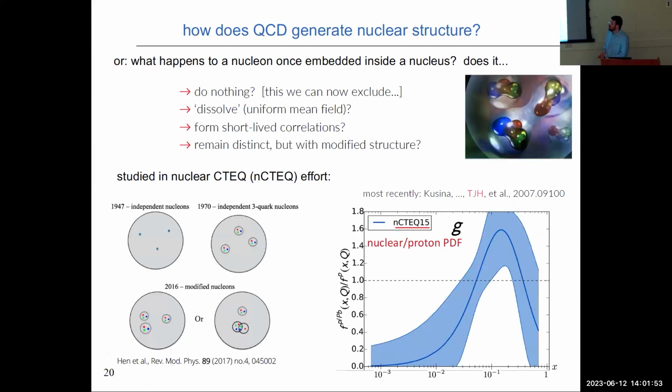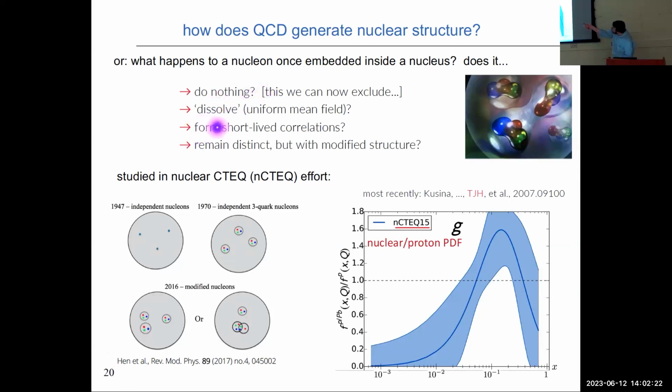And then lastly, you can, of course, think about the partonic structure, not of hadrons, but of nuclei, including heavy nuclei, and ask the very non-trivial question: what exactly happens to a nucleon once you put it inside the nuclear medium, once it's found inside of a nucleus? And you may ask yourself this question. I would argue no one really knows definitively. Does literally nothing happen? Does a nucleus basically just look like a bag of marbles of many nucleons jumbled together?